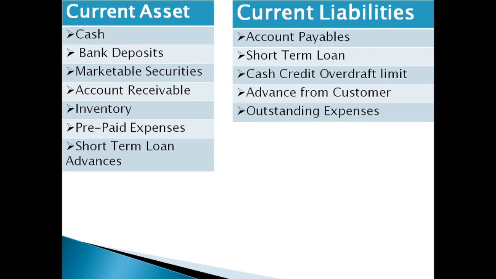So now we know what is current asset, current liabilities, and how to calculate current ratio. But when we calculate a current ratio, there are different aspects of seeing it. So let's understand that with different scenarios. The first scenario is when current ratio is equal to 1. That means your current asset is equal to current liabilities, and in this case you are able to pay all your expenses, but there is a problem. There is no cash available after paying all your expenses, so you can't plan for any growth or any kind of expansion in this case.